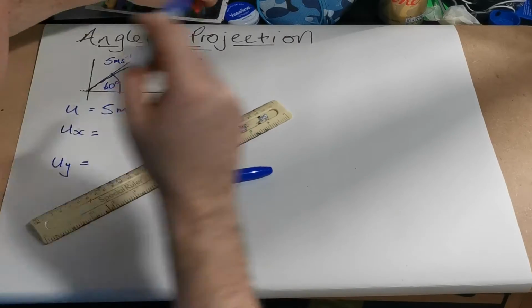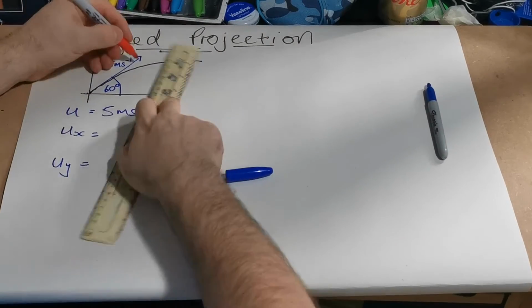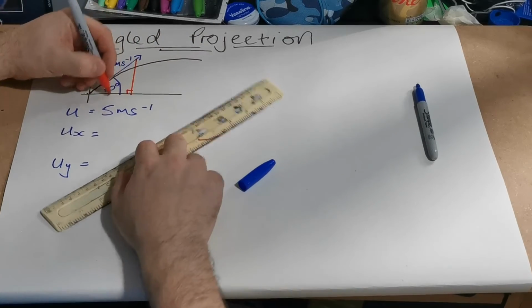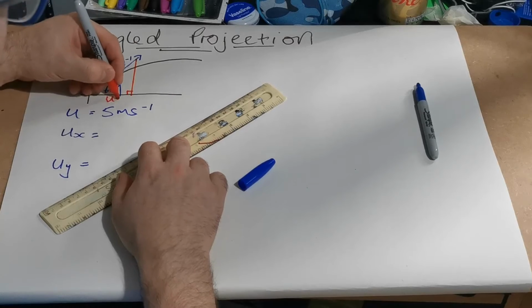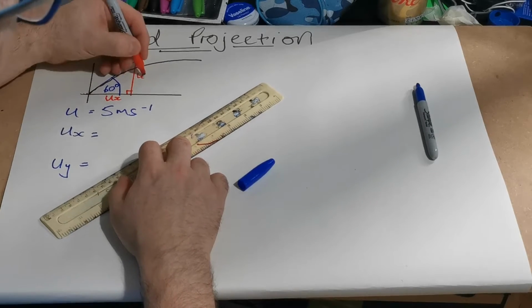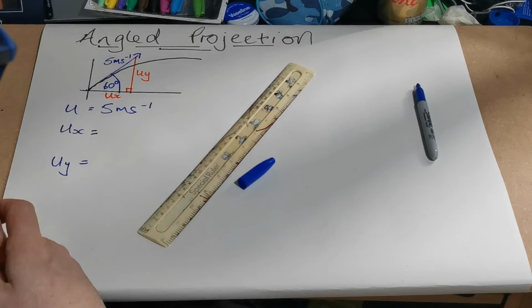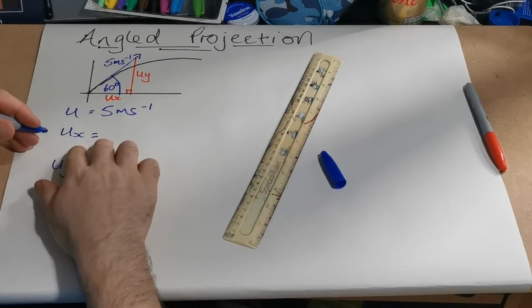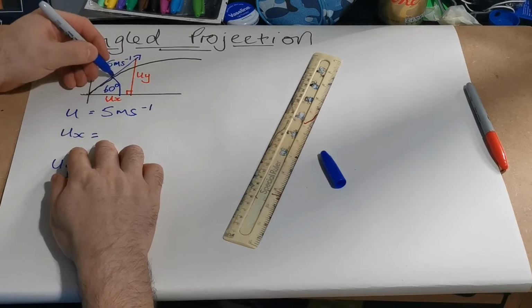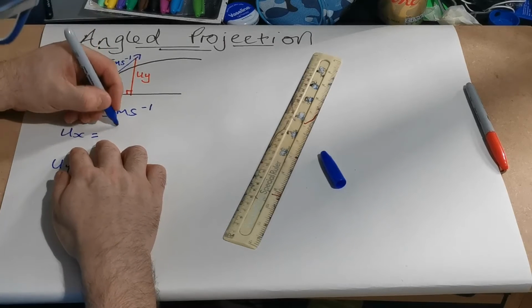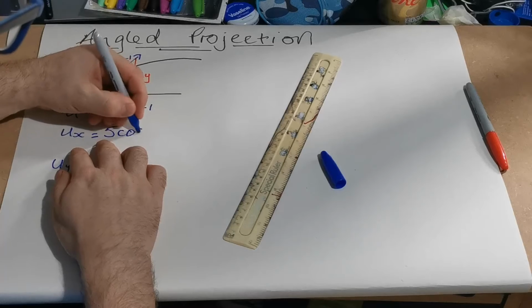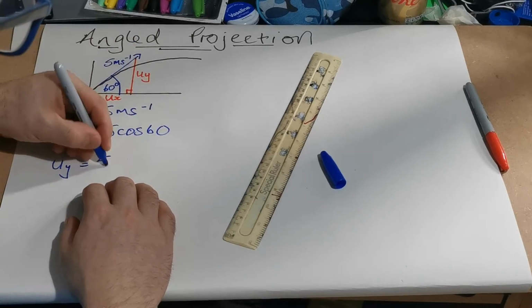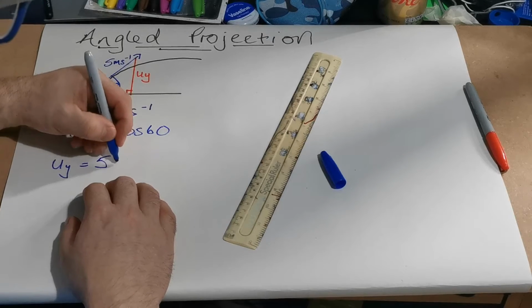So I'm going to put in a triangle here, and that would be ux, and this would be uy. So ux, I would be utilising cos, would be 5 cos 60, and uy would be 5 sine 60,